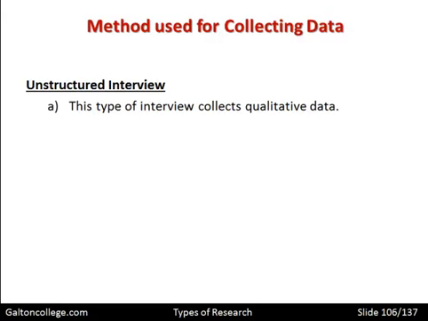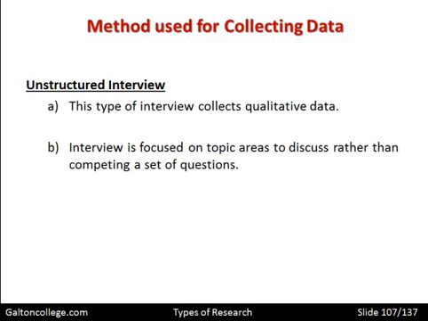The questions are open-ended, and it's a very loosely organized, if that's not a contradiction in terms, but very loosely organized procedure. There are some guidelines for the interviewer, some areas that should be mentioned, which will help the respondent to perhaps